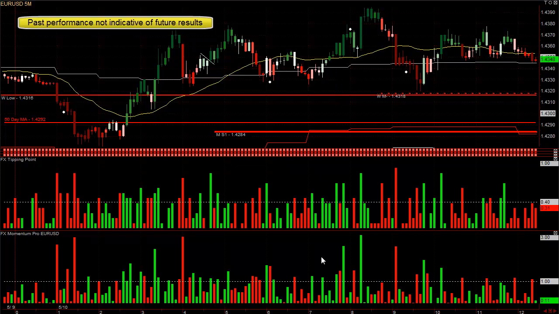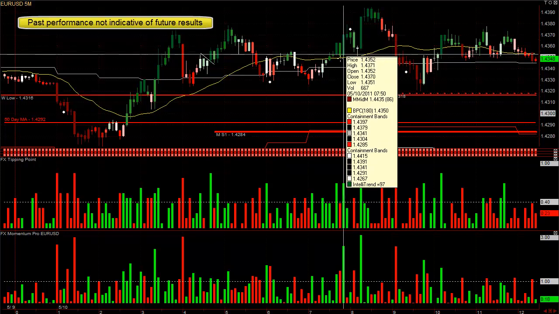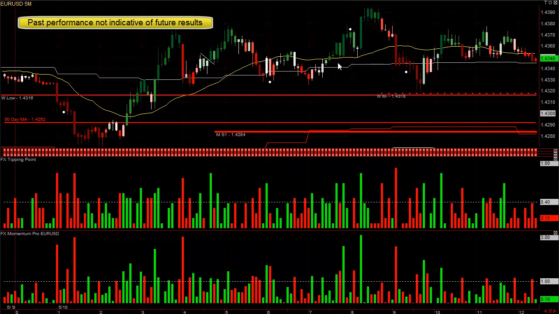And notice mass and velocity are there. Starts to work its way up. On this big red bar right here, I might be a little bit concerned and move my stop up. Counter trend sell signal, I might have got out of that trade right here around 66 for only about an 18 pip profit. And I probably wouldn't have bought this pullback right here, but if you did, notice the tipping